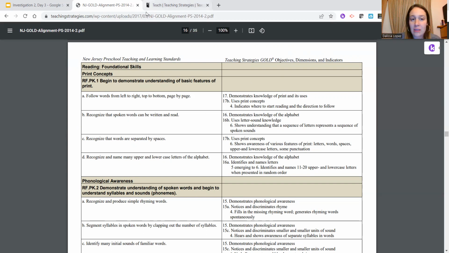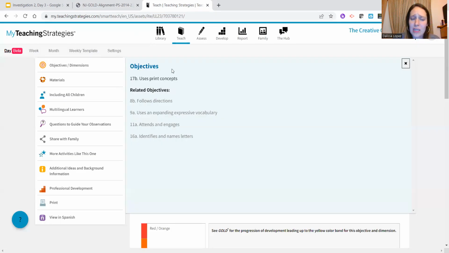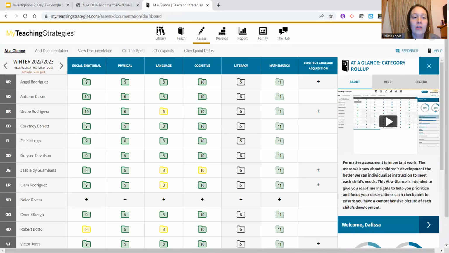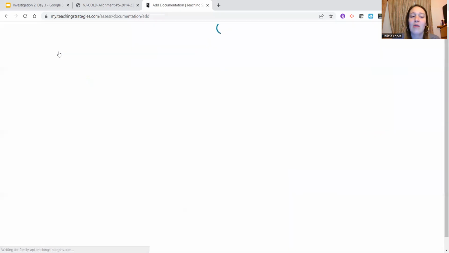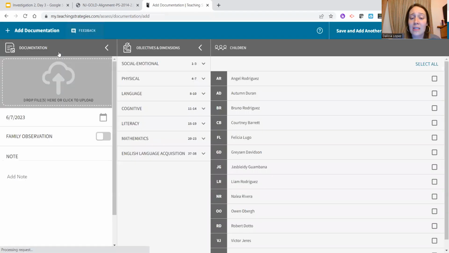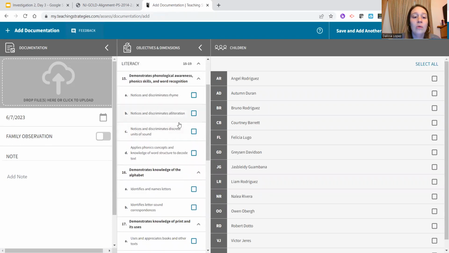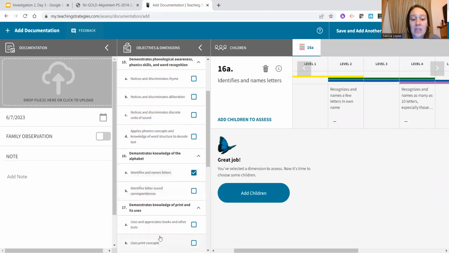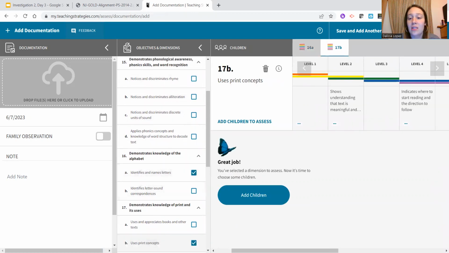And with the assessment piece, we're going to take you back to that program. And here is where I assess. So I have all my students' names. I add my documentation based on how my students did. I'm taking notes as I'm conducting these small groups with them. I'm then going to go into my objectives. 17B uses print concepts, and based on how they did during my small group is where I'm going to add